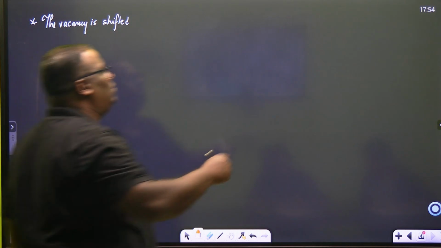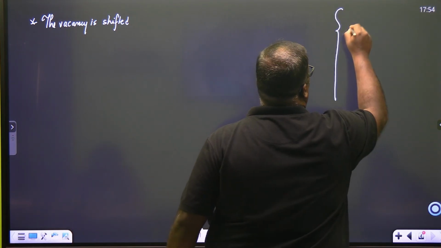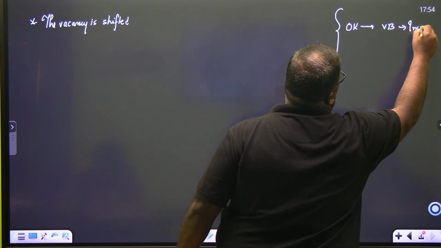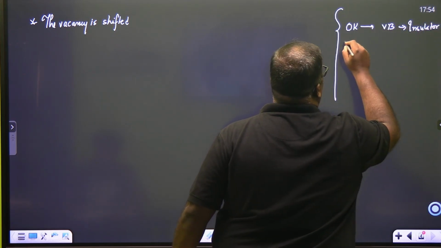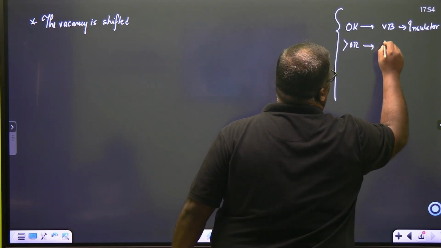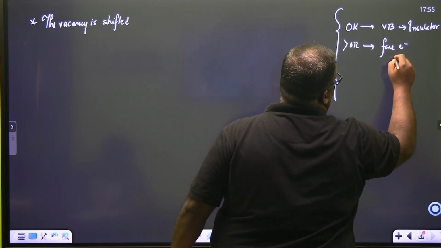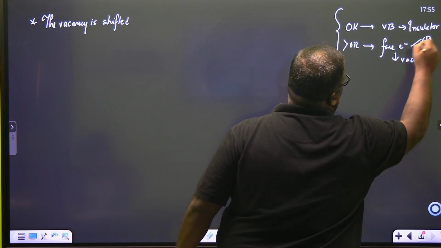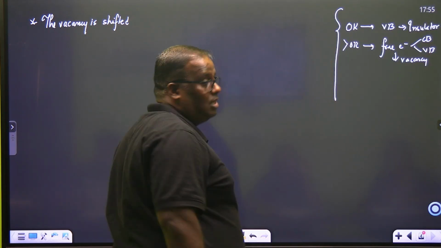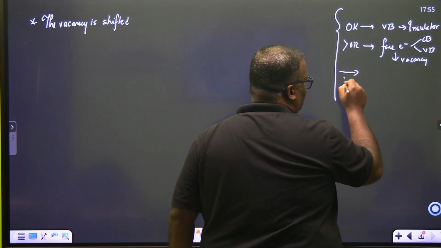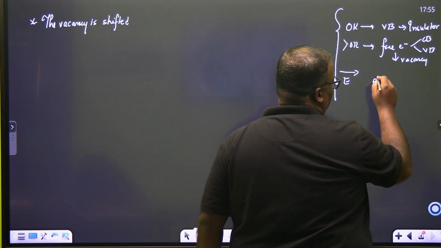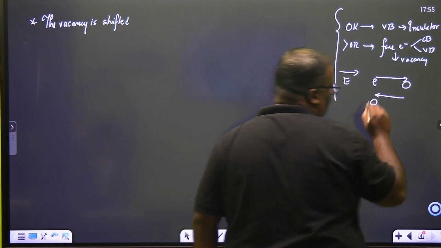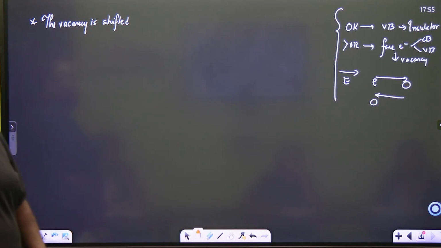Once again, children, if you have a little bit of doubt also: first you studied about what happens at 0 Kelvin, everything in valence bond, and basically the story is that you are an insulator. Then at greater than 0 Kelvin, what happened? You got a free electron and this created a vacancy. The free electron could have gone to the conduction band or could have been in the valence band. Then what did you do? You applied the electric field. Now once you applied the electric field, the electron moves towards the vacancy, and in other ways the vacancy moves in this direction. This is the analogy.